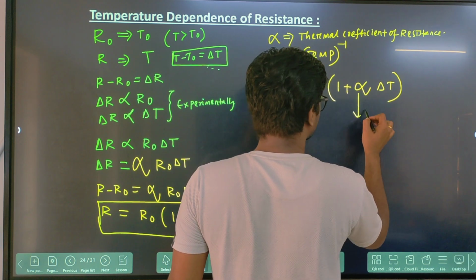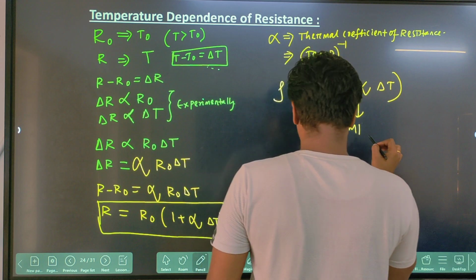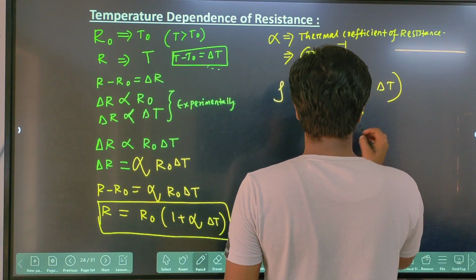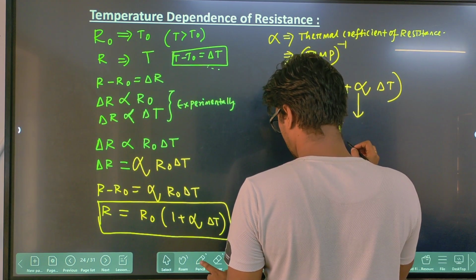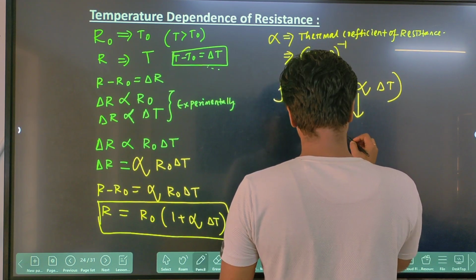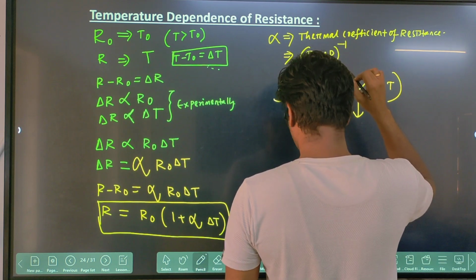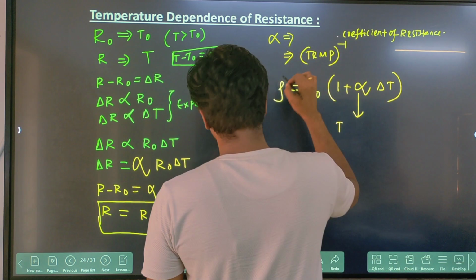Here this alpha is called the thermal or temperature coefficient, or thermal coefficient, you can say. Better to write temperature coefficient,